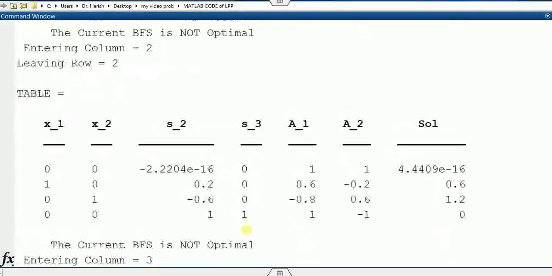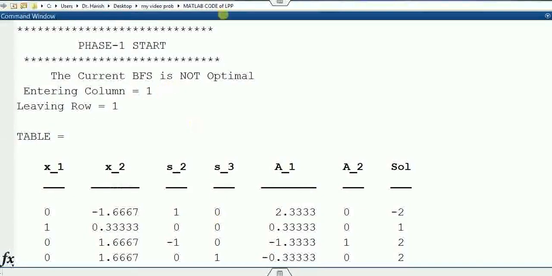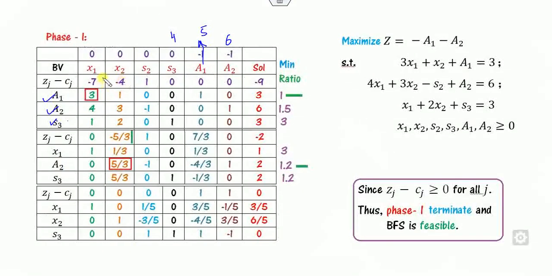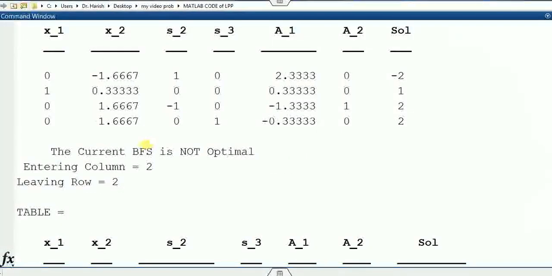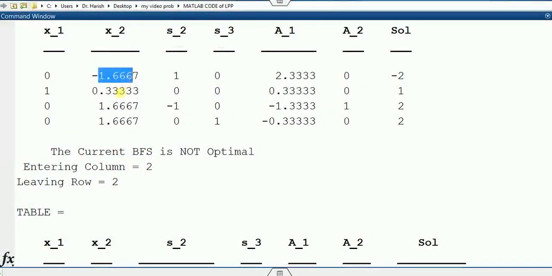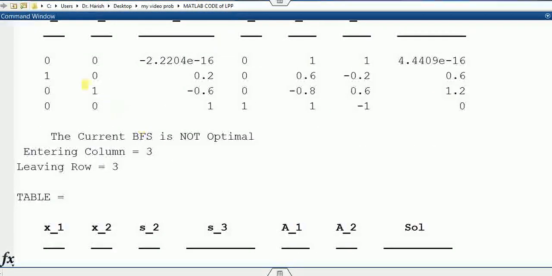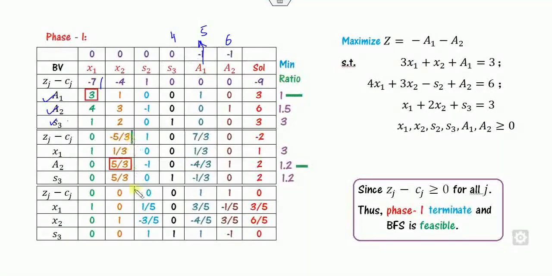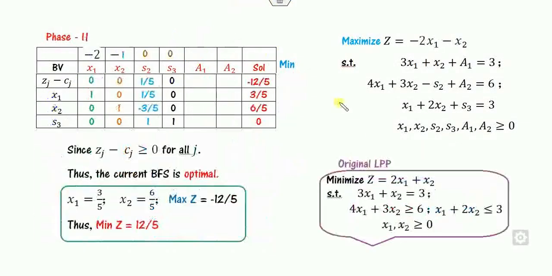Now you can simply run the file and you can see the optimal solution is reached again. Look at that, in the first table the entering variable is the first column, and the leaving one is again 1. In the second table, the entering variable column is second, the leaving column is second. You can see minus 5 by 3, 1 by 3 entries there. In the third table, that is 0, 1, 0, is this optimal? No, it's not optimal, so again enter 3 and 3. This is not optimal, and the final answer after the two phases is reached.